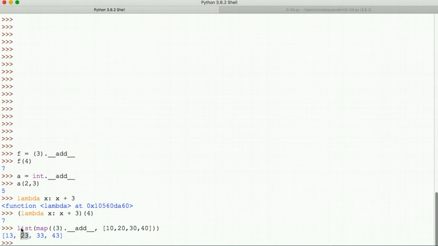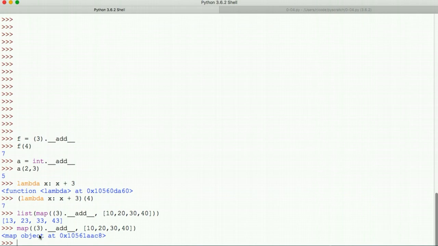You might wonder, why do I need to say list here? Because map returns an iterable, right? And an iterable, so let's repeat this expression without the list. An iterable is something that, when evaluated, doesn't say what it has inside, right? So in order to force